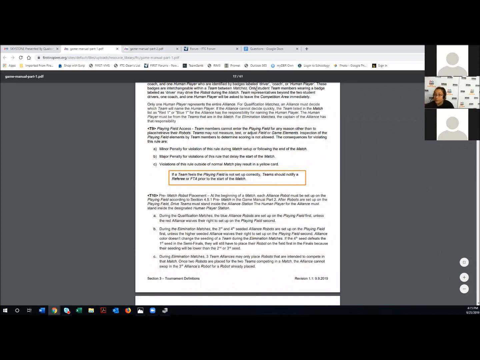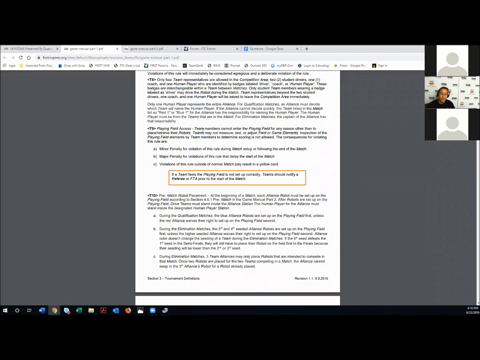Only student team members wearing a badge labeled as driver may touch the robot during a match, so your coach cannot set your driver on the field or set your robot on the field. Team representatives beyond 2 student drivers, 1 coach, and 1 human player will be asked to leave the competition area immediately. Depending on your venue capacity, there may be a media line